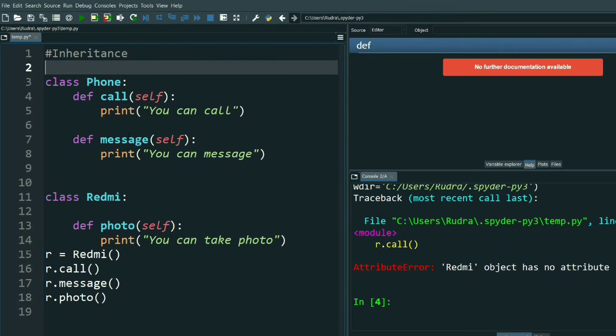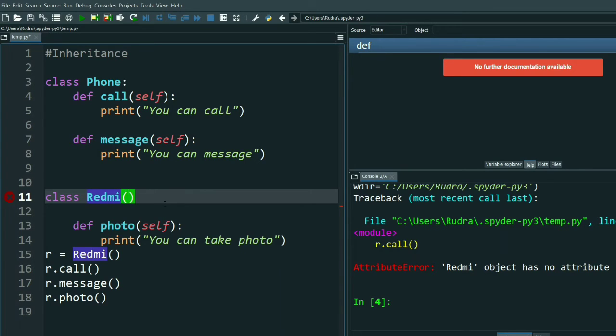So now you will understand what we need to do here. Listen very carefully. In class Redmi, you have to write here Phone. That's it. If you write Phone here, everything from the Phone class will come.